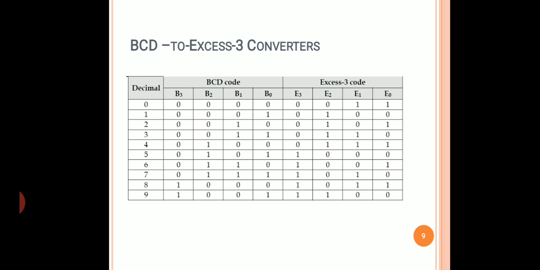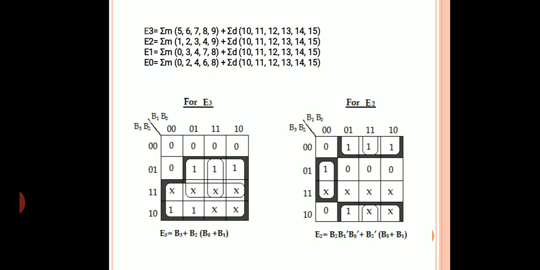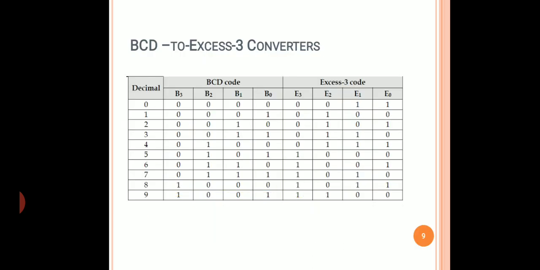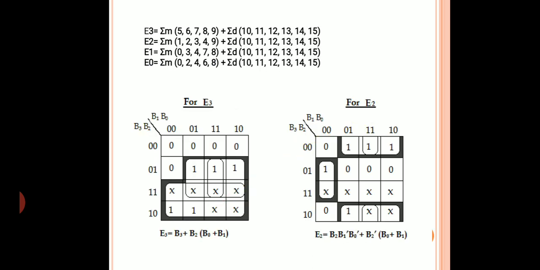Remember this, because if the question is from XS3 to BCD, then you have to subtract 3 from the XS3 number. So that we will discuss after this example. Let us focus on this. Once it is done, if you observe carefully, from 10 to 15 there is nothing, but if you are using a 4 variable K-map, these cells will be present. So what to enter in those cells? Observe here.